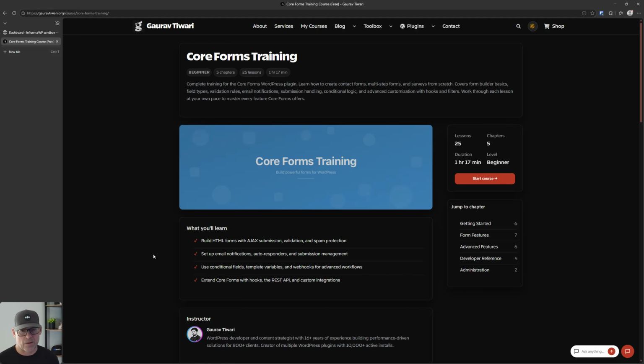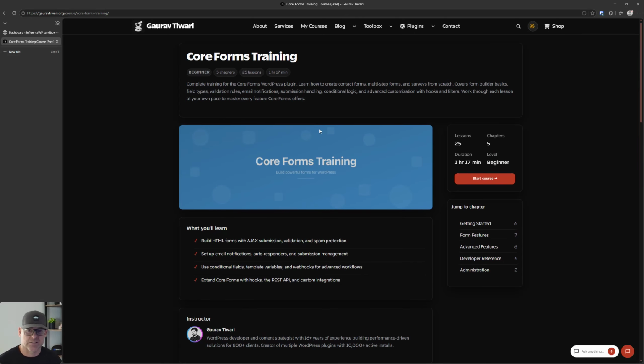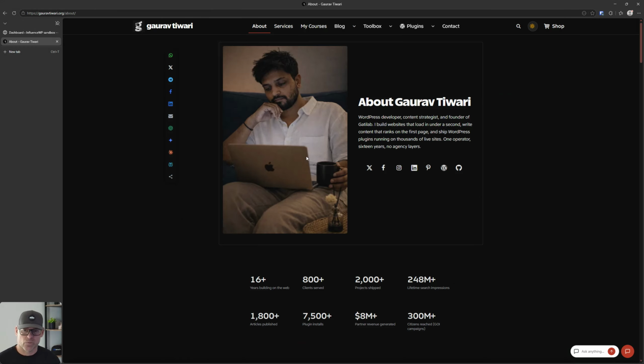He doesn't actually have an about page on the Core Forms website, but this will get you there. There's actually an about tab up here. But this is really cool. This is the documentation. It's actually in the form of a course, which is really cool, but you can jump down here into individual modules and read about the settings and whatnot. And then again, before we leave here, there's an about tab where you can read all about